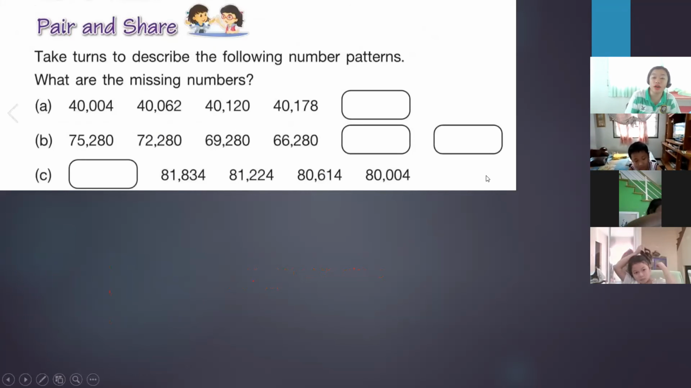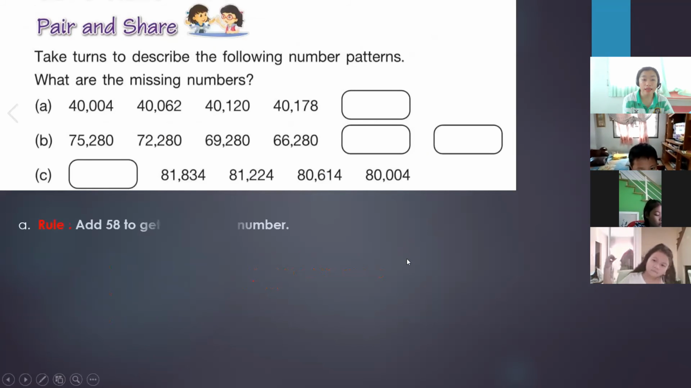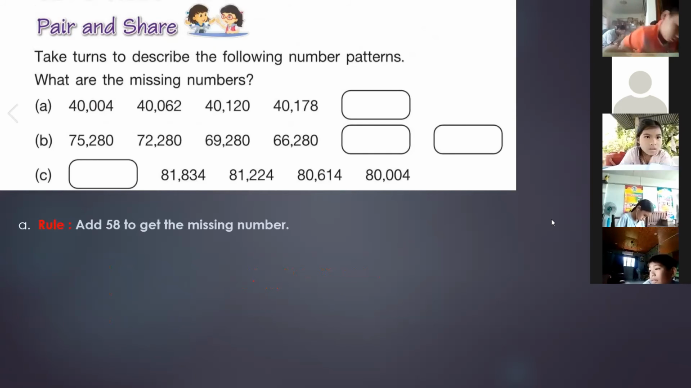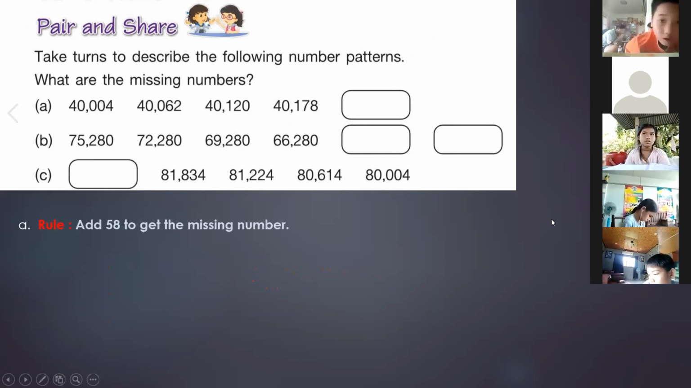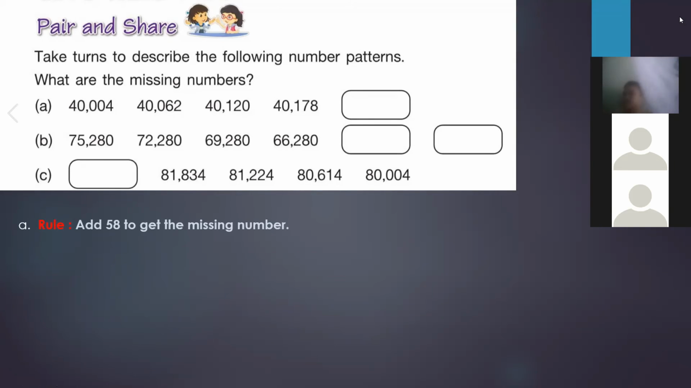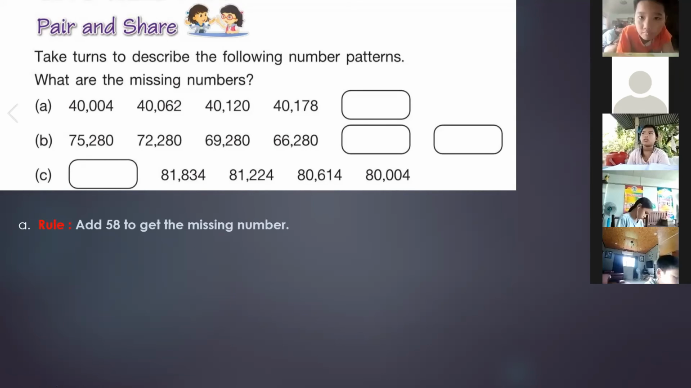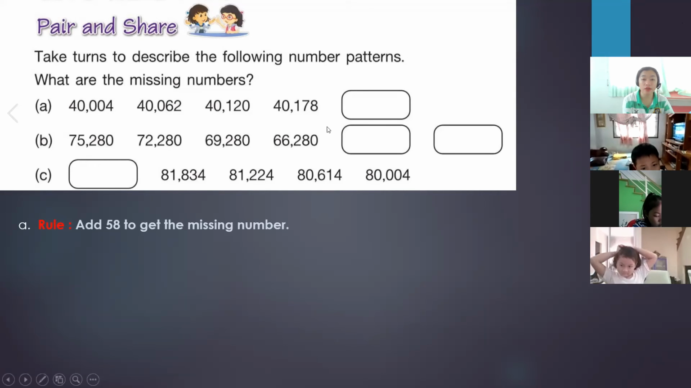So let's proceed to our activity. Let's do this one together. We have here the question: what are the missing numbers? So it is asking for the missing number. For letter A, the rule is you're going to add 58 to get the missing number. So when we add 58, we have here the number patterns,